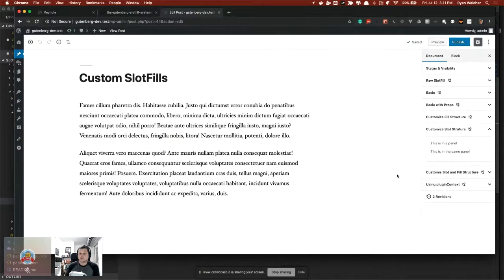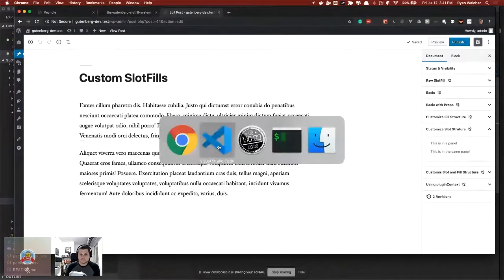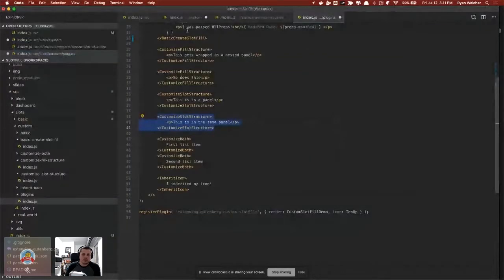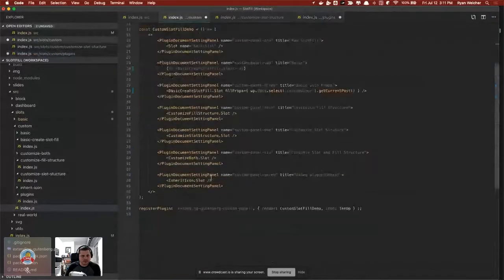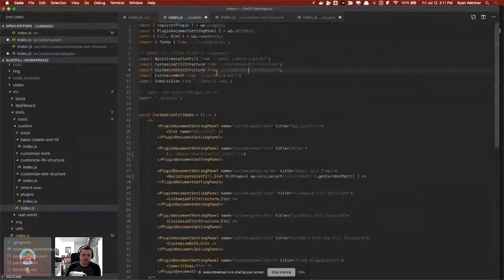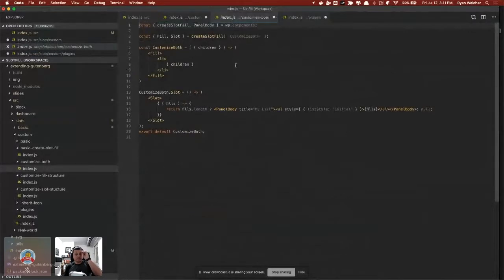So the next one is doing both things. So let's say we want to have a custom slot and a custom fill structure. And so let's take a look at what that one does. So down here, we've got customize both is what I've called it. So we can look in here, and we can see that we're creating the fill and slot components called customize both. And then we're going to create custom